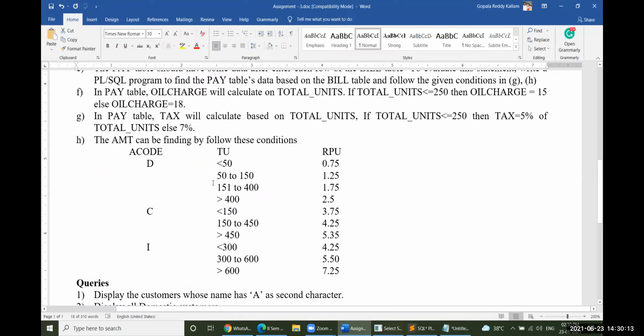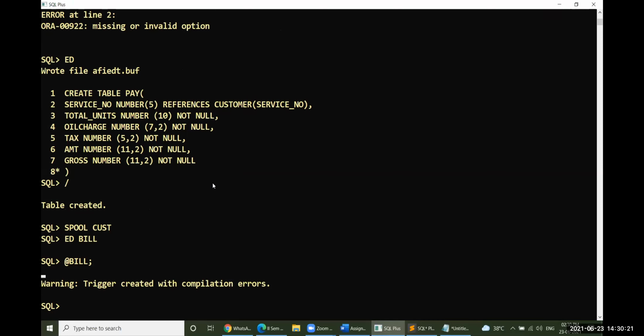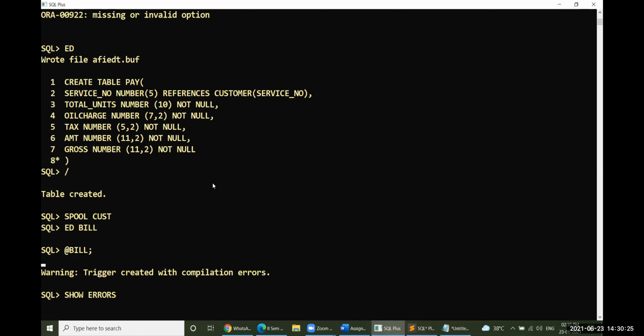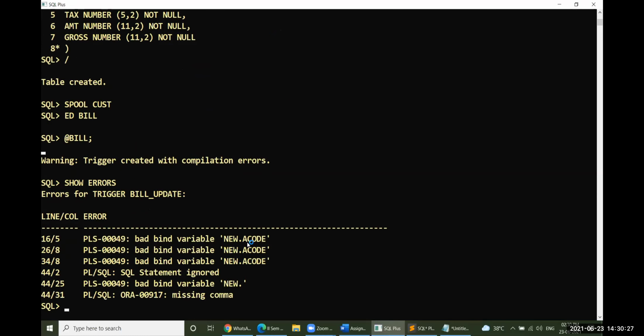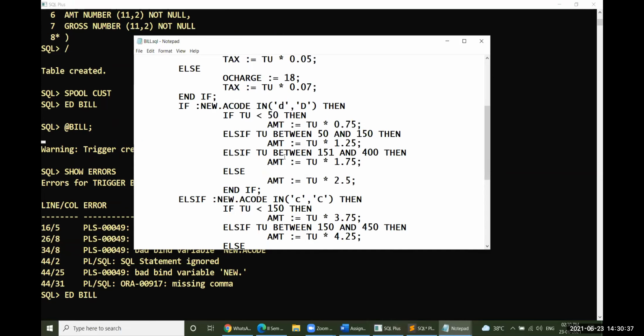Let us see. Show errors. New.ACODE, what is that? It is on the 16th line.